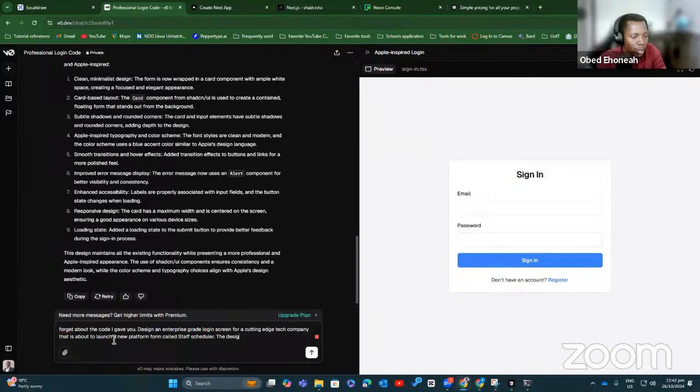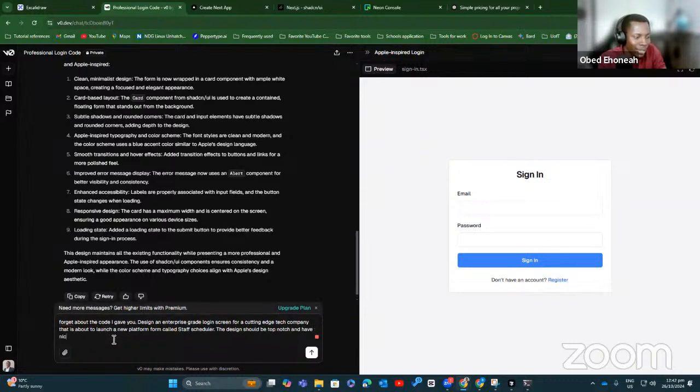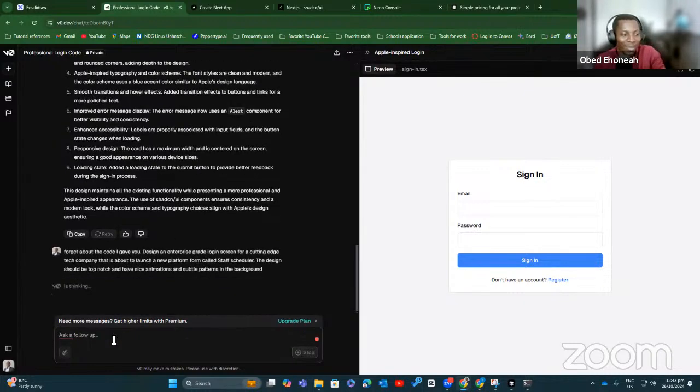The design should be top notch and have nice animations and a subtle pattern in the background. Okay, at least let me stop here.